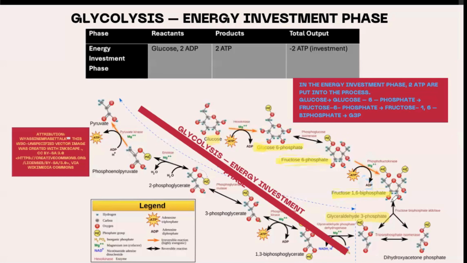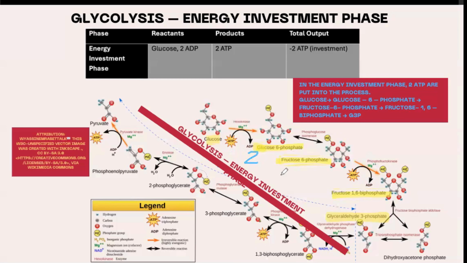In two steps in the series, we're seeing this conversion of ATP to ADP, which essentially means that we're going from adenosine triphosphate, which has three phosphates, to adenosine diphosphate, which